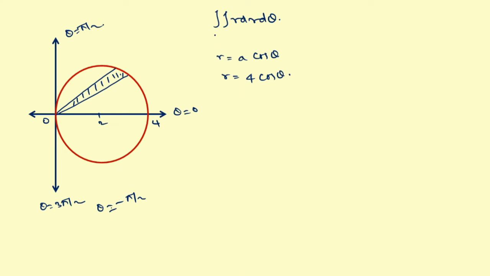So how are we going to define the limits of the integration? First the inner integral: the radial strip is fixed at r equal to 0 to r equal to 4 cos theta, and theta takes the angles theta equal to minus pi by 2 to pi by 2. So r into dr d theta. This is the question. The multiple integral stands for finding the area of the circle with center 2, 0 and radius 2. What is the answer? 4 pi square units.